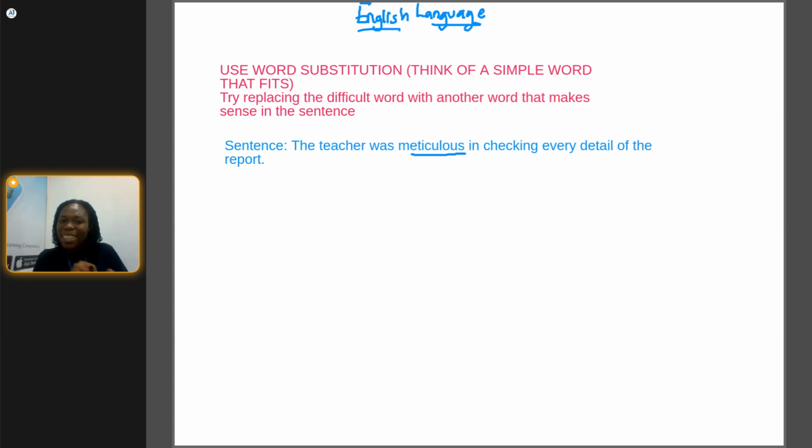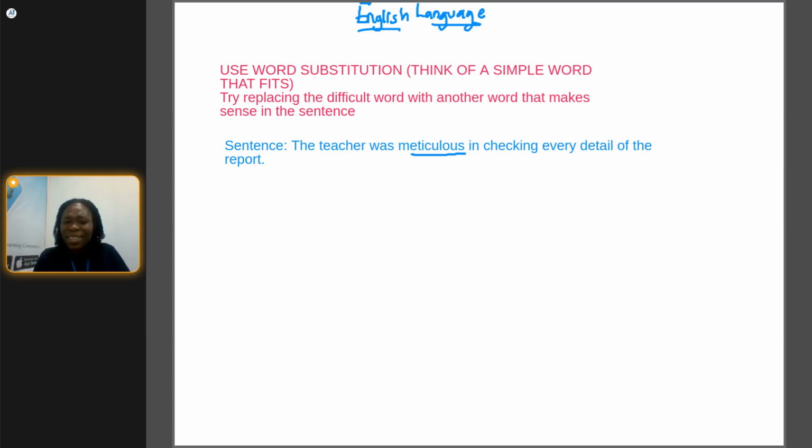If you're checking every detail, do you know what it means to check every detail? You can get a piece of writing, an article, and you're not really checking all the details. You're just trying to scan through what the main gist is. But when it says you check through every detail, it means you notice all the dots, you notice all the